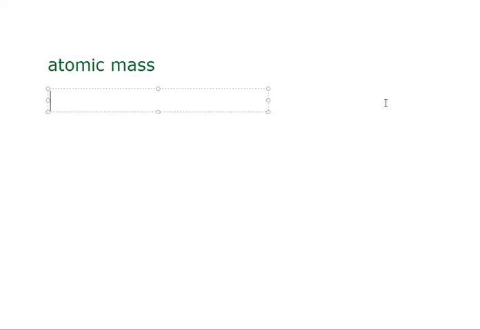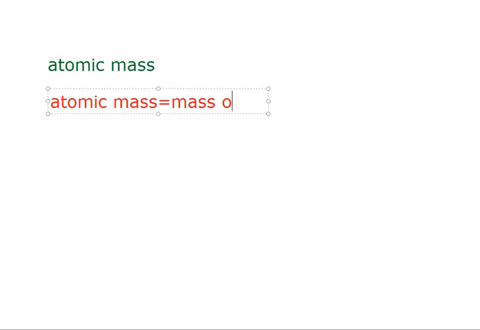Okay, you might be knowing about carbon. So carbon mass is 12. So the 1/12 mass of any element is known as its atomic mass. So if you want to calculate the atomic mass of any substance or any element, you can calculate it by this formula, that is, atomic mass equals the mass of atom